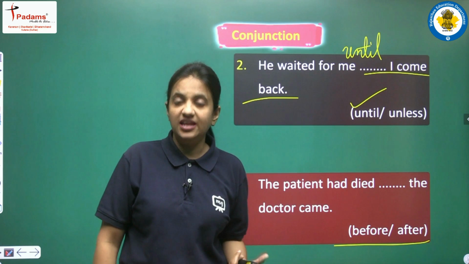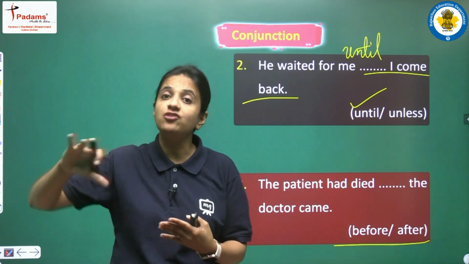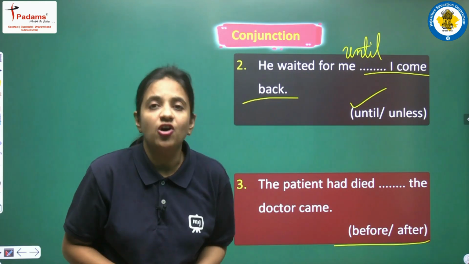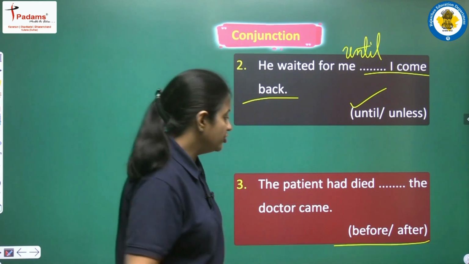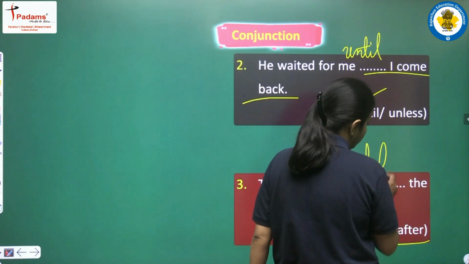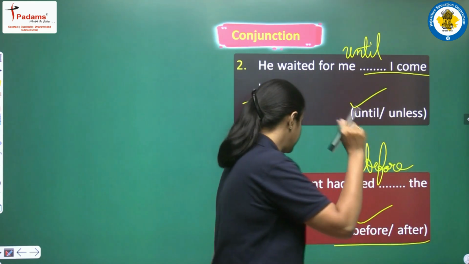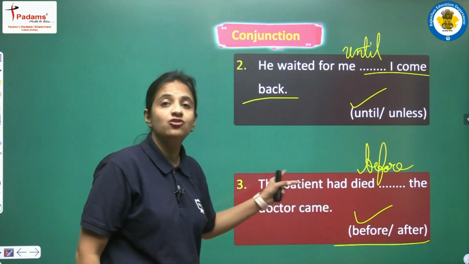We are trying to say that by the time the doctor came, the patient had already died. It means कि डॉक्टर के आने से पहले ही जो patient था, he had died. So for that we have to choose before from the given options. In this blank we will write before, and the complete sentence will be the patient had died before the doctor